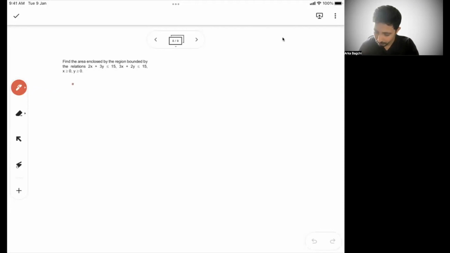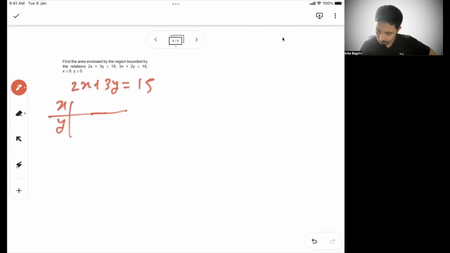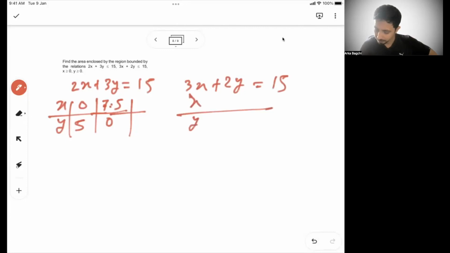So let's see what is my 2x plus 3y less than or equal to 15. Even if I say equal to 15, what are the x and y? When x is 0, y is 5. When y is 0, x is 7.5. Right? So this is one line, and the other one is 3x plus 2y equal to 15. In this, when x is 5, y is 0, and when x is 0, y is 7.5. Right? So if I have to draw the graph,